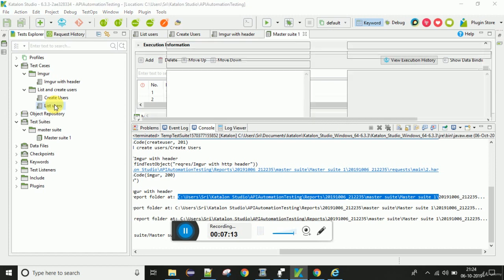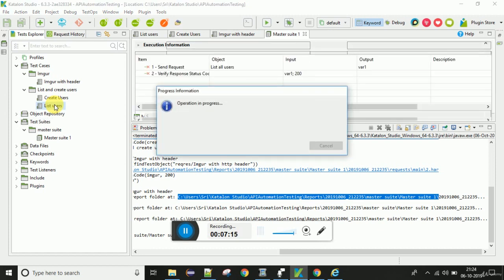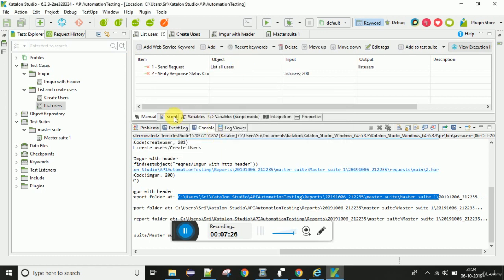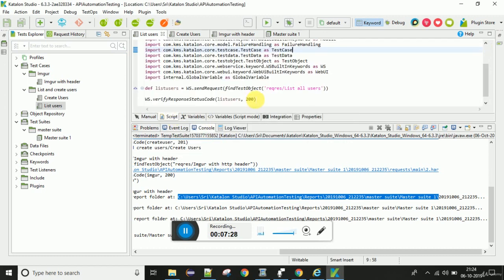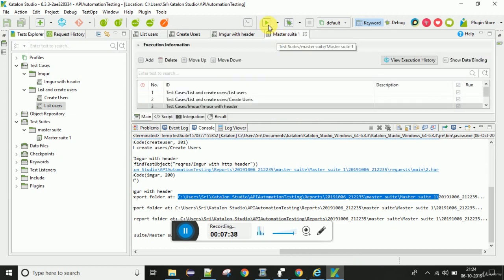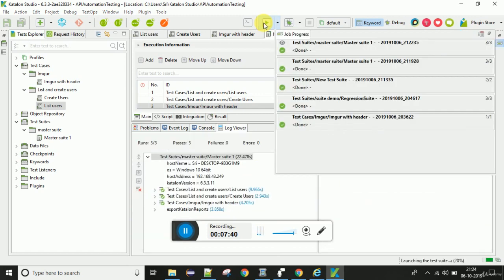Let me modify this list users test case and I will fail it. I am verifying whether its status code is 400 or not. Now it will fail. Now this particular test case will fail after running the test suite.